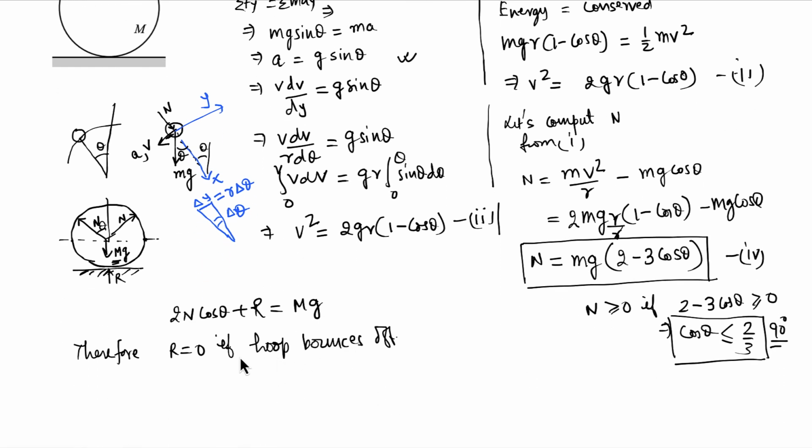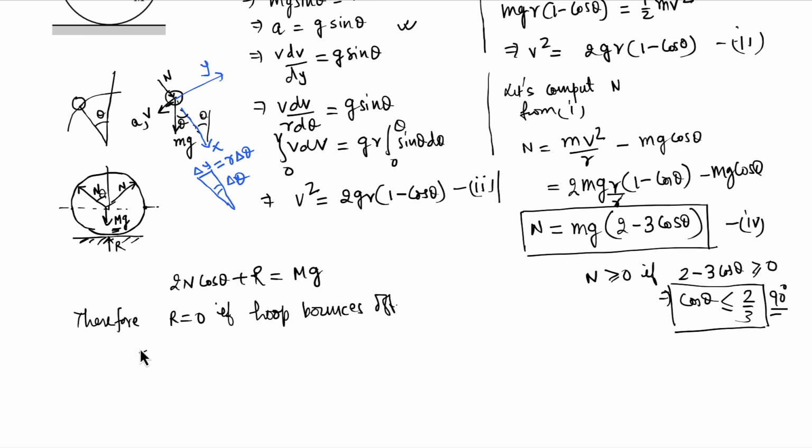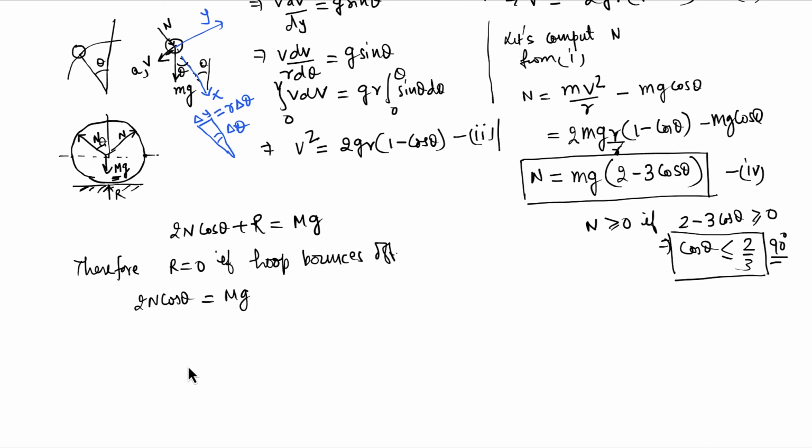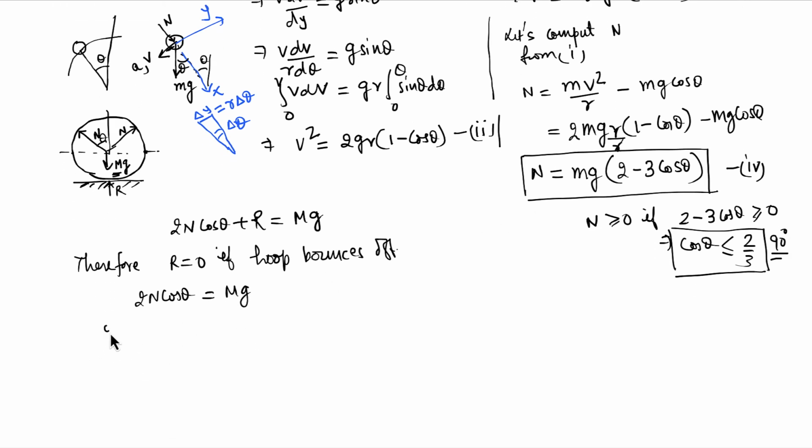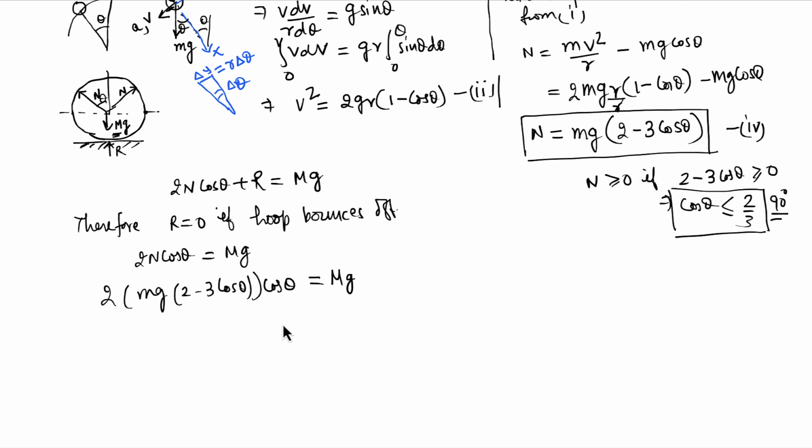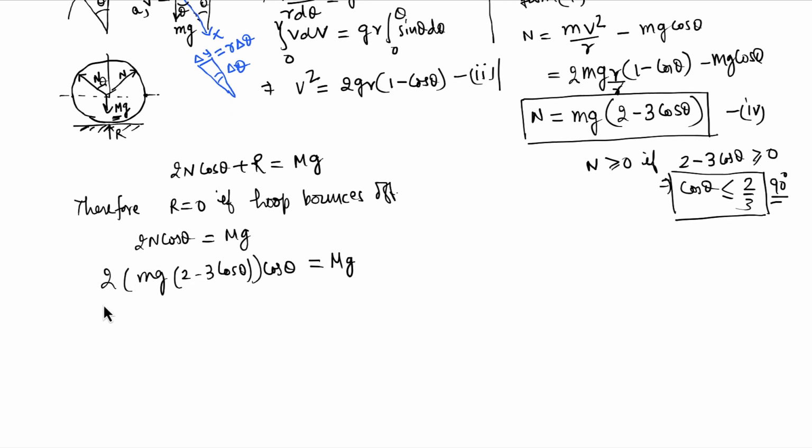Now, for this one, we can simply say 2N cos theta is Mg. We can put N from here. So 2N is mg (2 minus 3 cos theta) equal to bigger capital Mg. So we can write this whole thing as 2m by M (2 minus 3 cos theta)